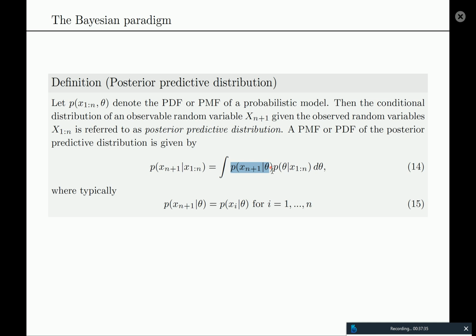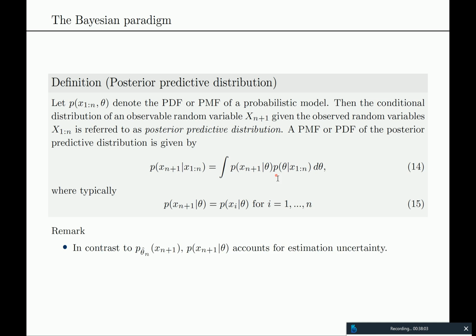And of course, usually we would assume that the distribution of the n plus 1 data point given theta is the same as it was for all of them before, if you don't have any reason to believe otherwise. And then you can, based on your posterior distribution, make predictions about new data points. And this is referred to as the posterior predictive distribution. And if you want, this factors in the